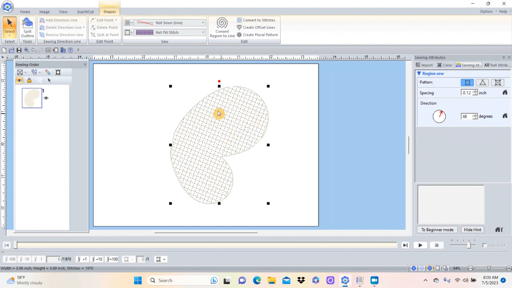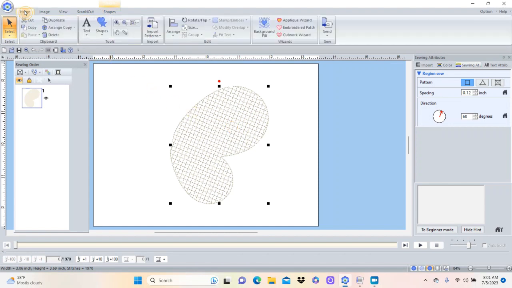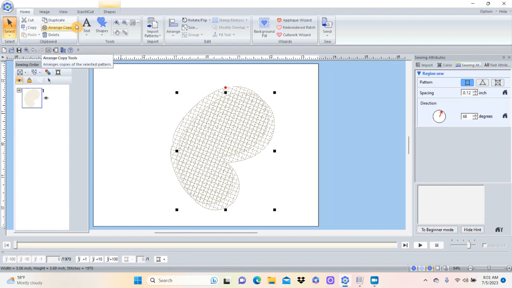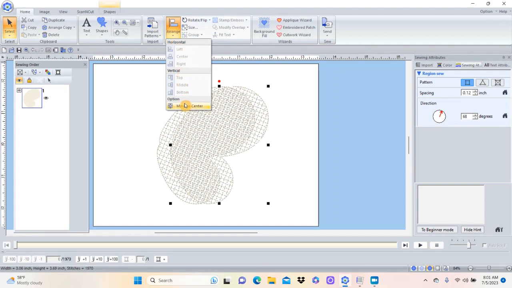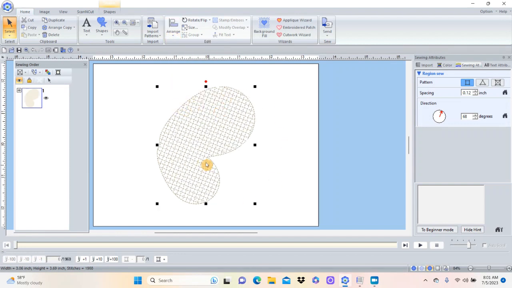And then I'm going to duplicate this. So I'm going to come up here to Home and Duplicate. Now I want them right on top of each other. So the best way for me to do that is over here under Arrange, Move to Center, and then select the other one, Arrange, Move to Center, and now they're right on top of each other. You can't even tell I've got two there, but I do have two. Now over here in Sewing Attributes, I have a direction. So I'm going to make this one go more this way